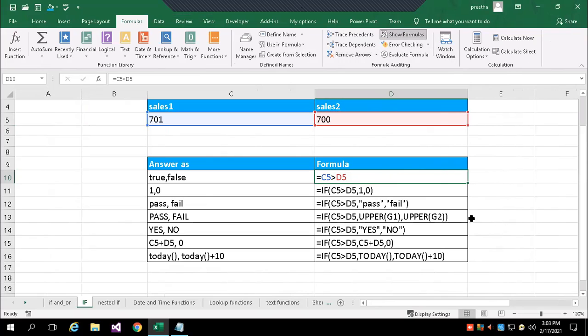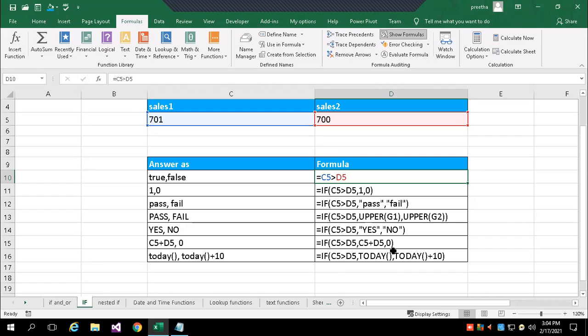Condition is same, but what are the ways you can express? You can give a number, you can give a text. Instead of that, you can write same functions, or you can write capital directly yes or no. If it is true, you can write one small formula, or you can write one function. So these are all different examples. After doing one logical test, how can you give back the result?